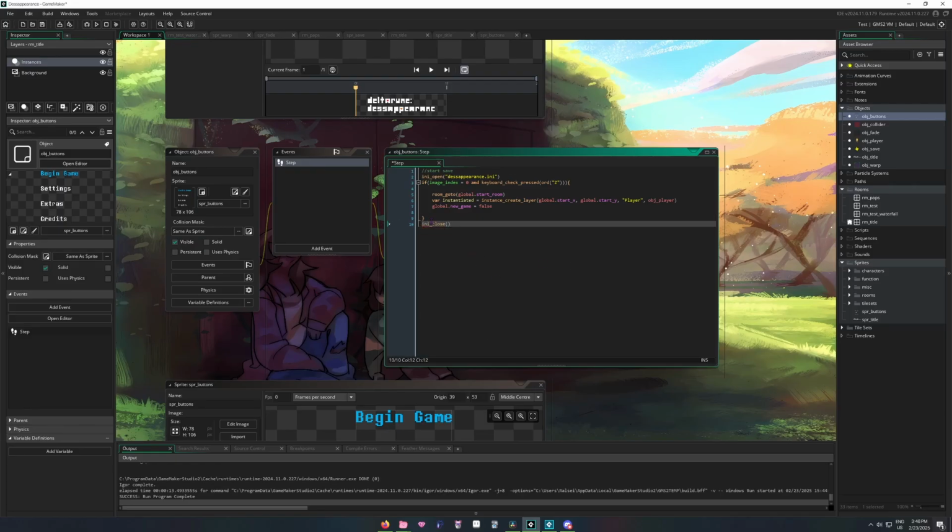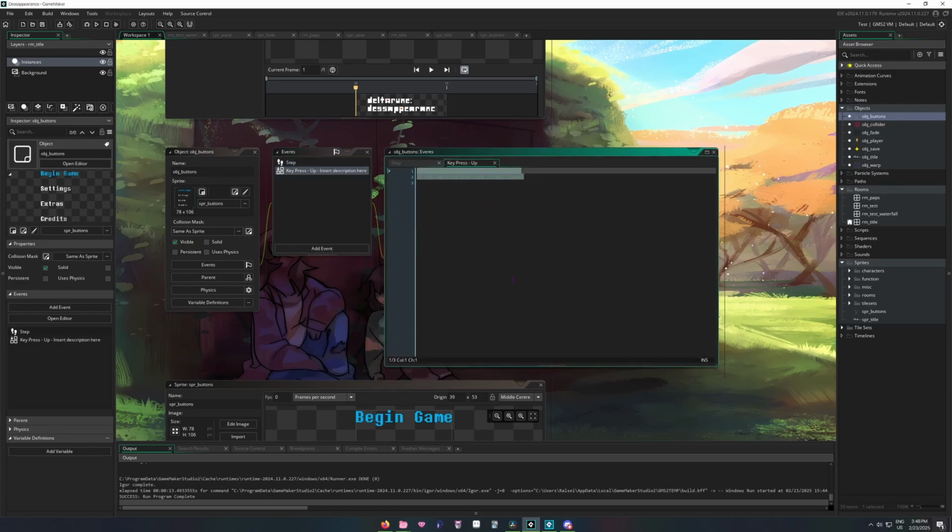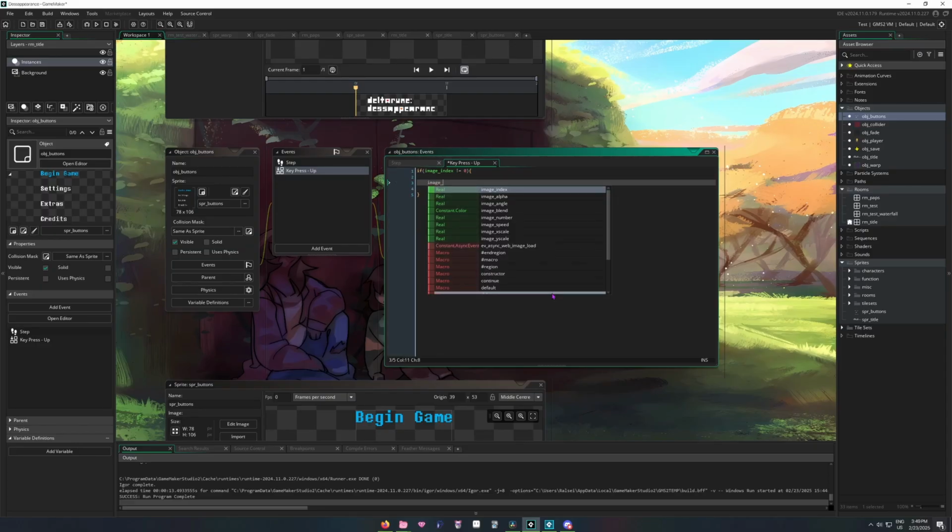So now on our key pressed up, we want to say if our image_index does not equal 0, we want image_index += -1,